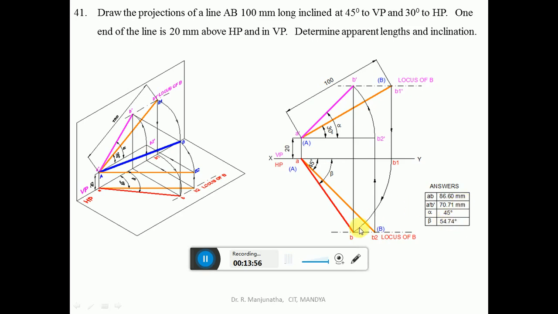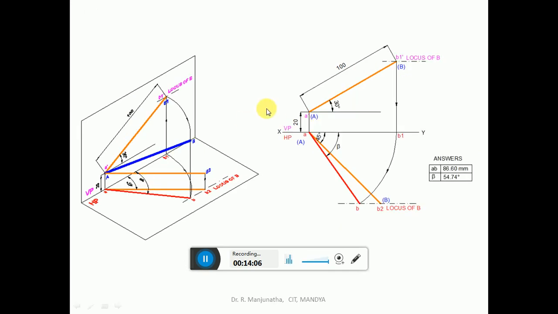So this is how we will be able to solve the problem manually. Now we will go to solve the same thing, and we are going to analyze it step by step. First we are considering the front view true length. So here we are considering the front view true length and also the top view true length. Now we need to find the top view apparent length and apparent inclination.